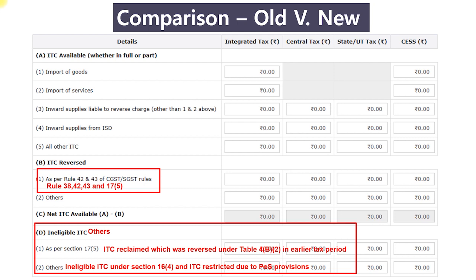And 4D2 shall include the ineligible ITC, that is 16.4 timeline, where the supplier uploads after the September of the following year, or ITC restricted due to place of supply provisions. A Karnataka GSTN availing accommodation services at Delhi, where the CGST, SGST of Delhi would become ineligible to Karnataka GSTN. So this is the broad change in the reporting format per se when we compare the old Form 3B versus